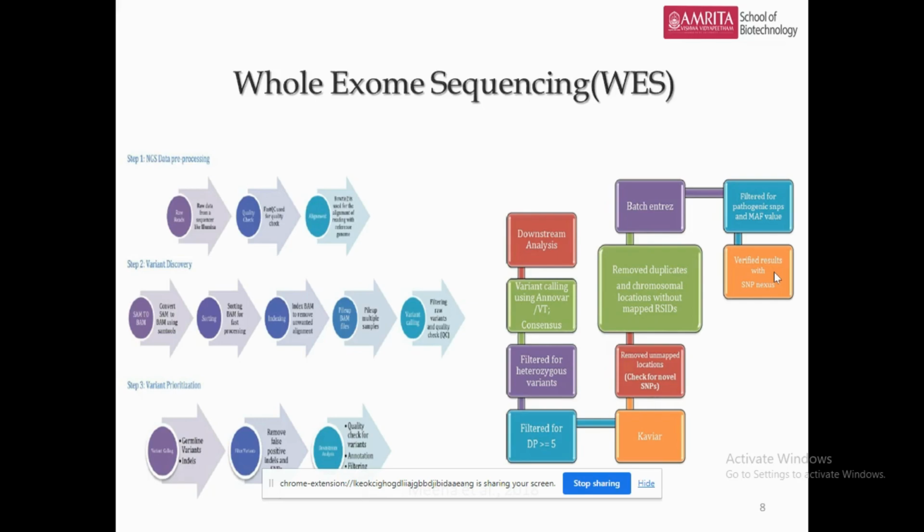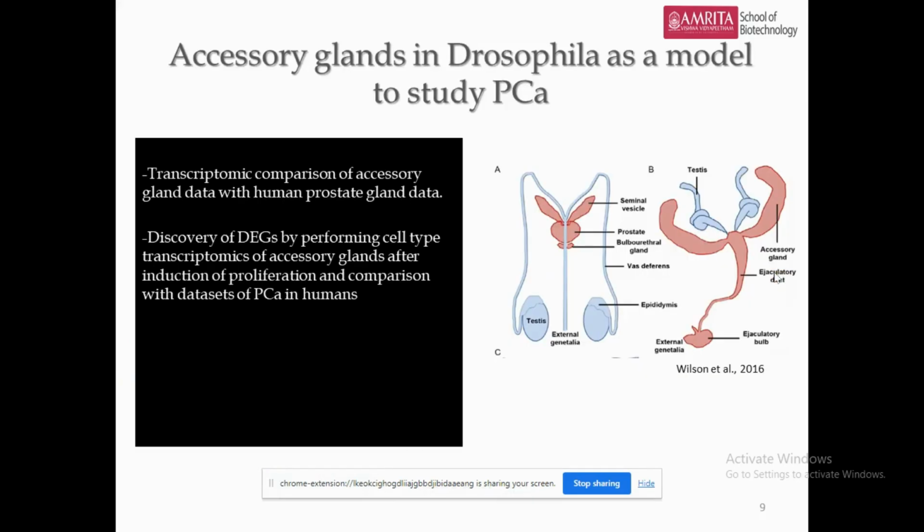Pictured here is the benchmark pipeline for our whole exome sequencing, and the variants identified through this will then be validated using a fly model, where we're using the accessory gland in Drosophila as a model to study prostate cancer. The accessory gland in Drosophila is a functional equivalent of the prostate gland, hence this will be used for the transcriptomic